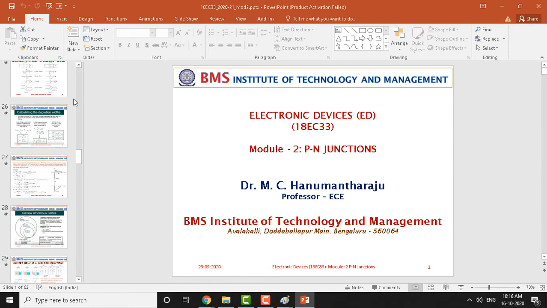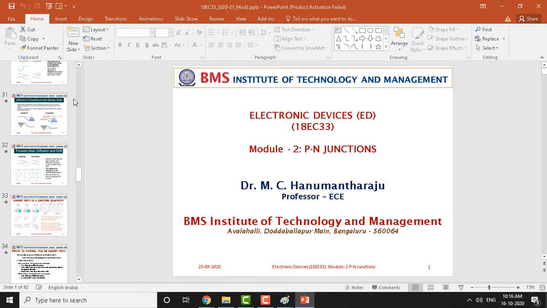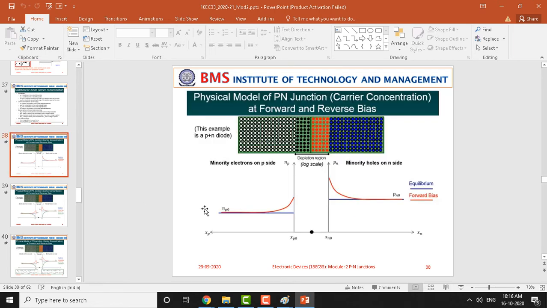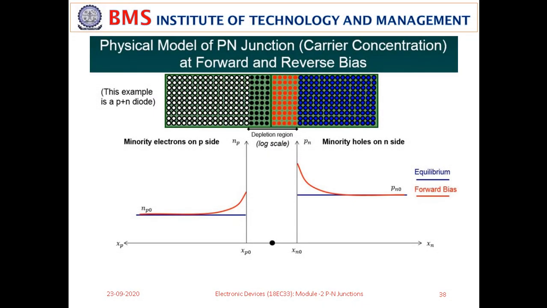Now, so far whatever I explained, I am showing through graphical means, through pictures and diagrams. You can look at this. Are you able to see this picture? Now you can see this is a type of diode. What we have considered is a P plus N diode. Look at the minority carrier concentration on both the neutral N region and neutral P region here. The blue line shows the equilibrium condition. So this is the hole concentration under equilibrium condition, and this is the edge of the depletion region.